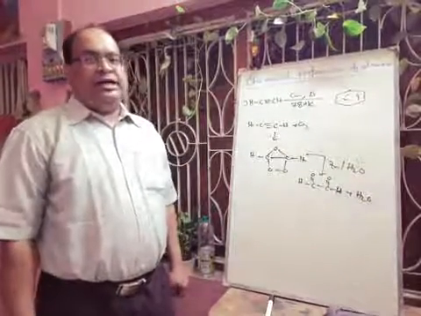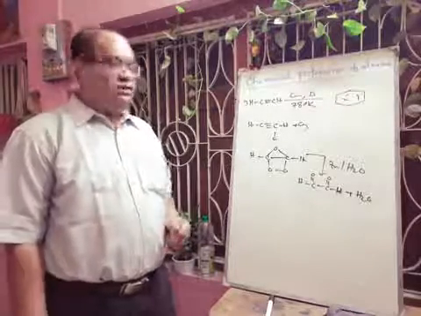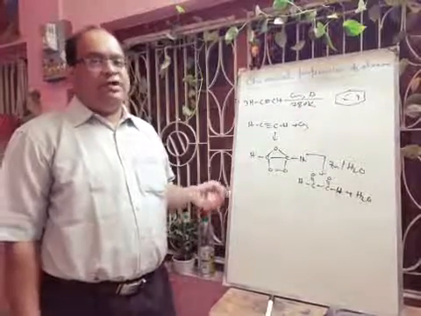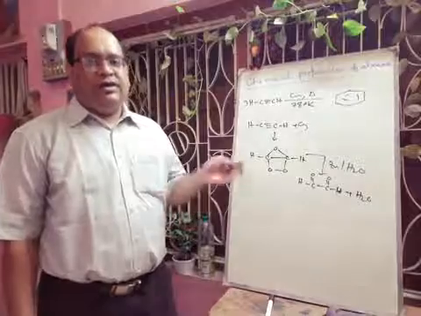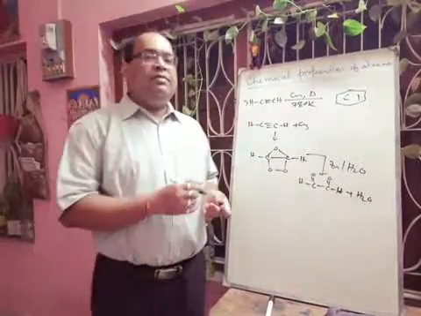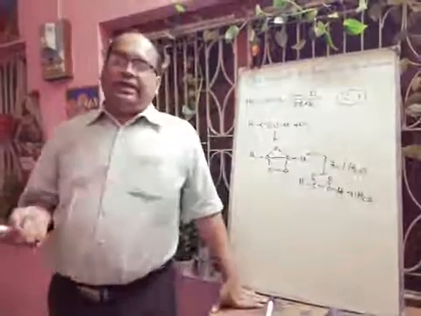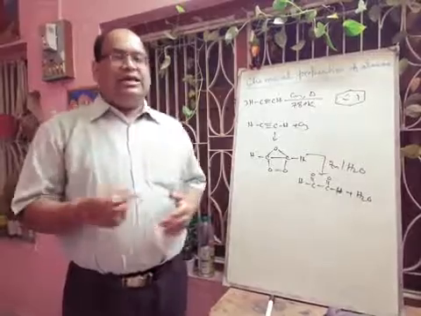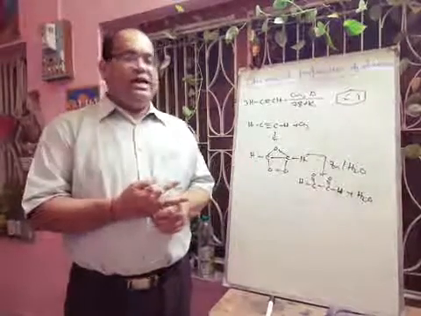Next we will discuss the reaction due to the acidic character of the hydrogen. Already we have discussed, if we give some sodamide or sodium in liquid ammonia, the proton attached to the acetylene will be removed and there will be formation of some salt. Now from class 10 also you know the identification of acetylene. If you take some ammoniacal silver nitrate solution to this acetylene, then there will be formation of white precipitate of silver acetylide. Okay, that I am not writing here.